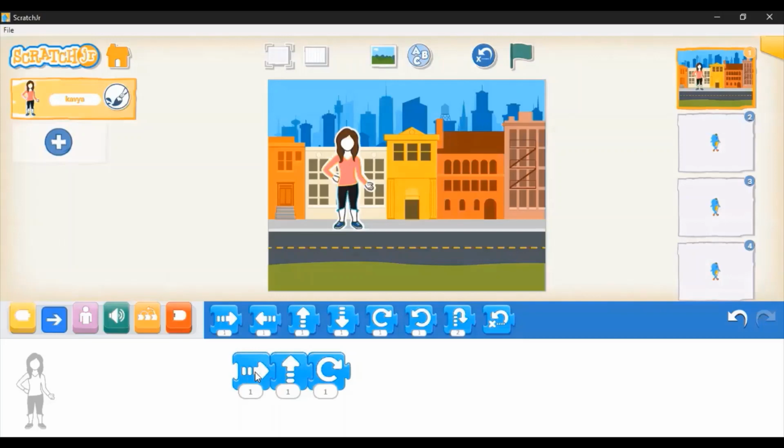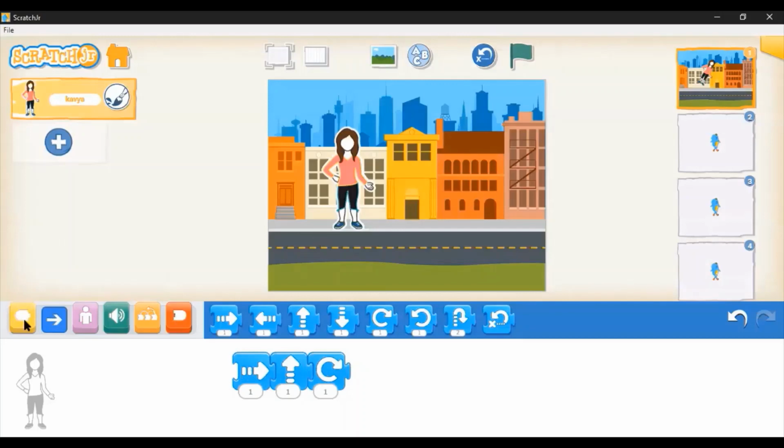Now I can make this character walk in the right direction one step, then jump up, move up one step, and then rotate by some angle, but only once. So how do I execute it or how do I run it? Simply by tapping on the first block. So you can see something happened, right? Now I'll reset it. So you can see the function of this button also. I've reset the position of the character. So this was one way to run the code, to execute this.